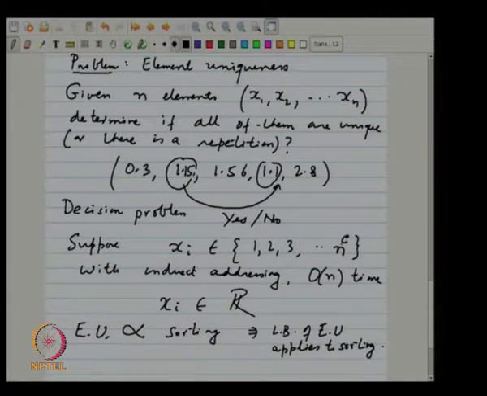Okay, but then we are actually interested in the lower bound of element uniqueness, not about sorting. So, we cannot apply the sorting lower bound to element uniqueness, but we can do it the other way around. Now, the famous lower bound, or the most commonly known lower bound for sorting